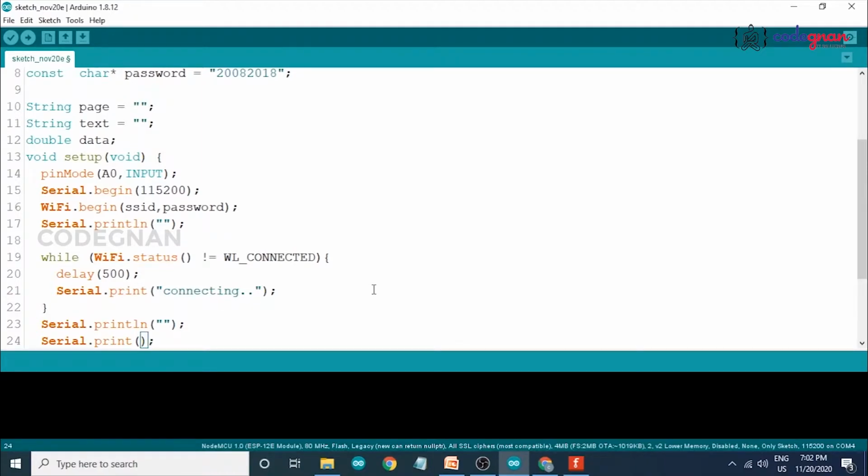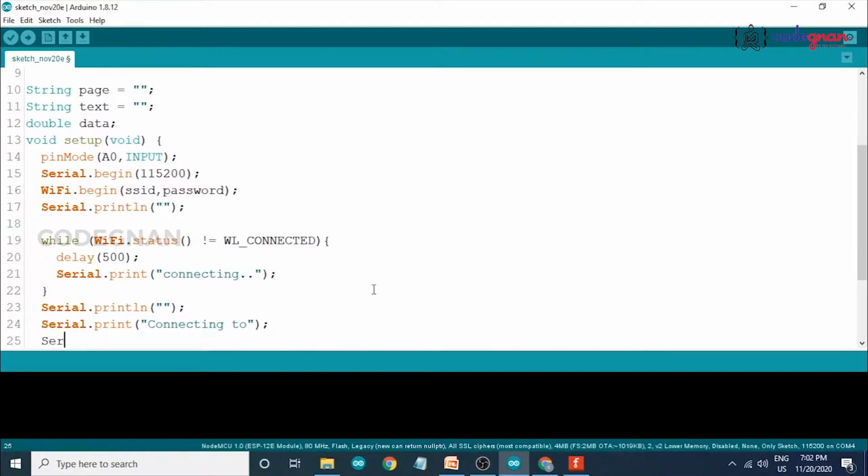I am giving the message connecting to, and print the SSID which we are connecting to, so it shows a message that I am connecting with this SSID.